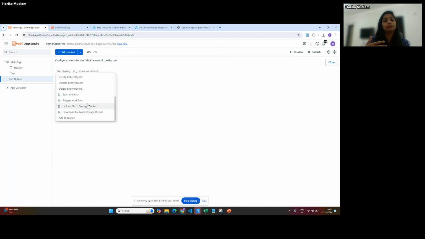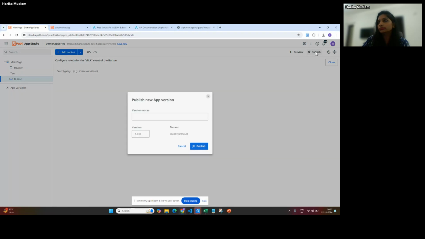Once you have built the app, the next step is deploying the app, right? As soon as you create an app, the next step is publishing the app. So you can see over here something called publishing, correct? As soon as you publish the app,